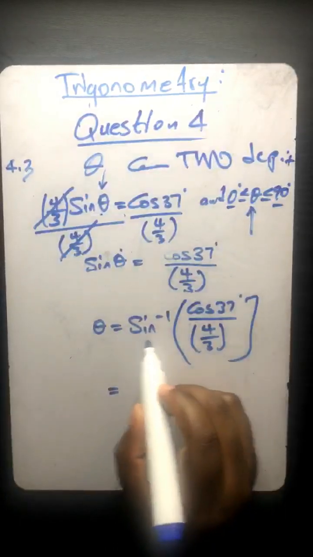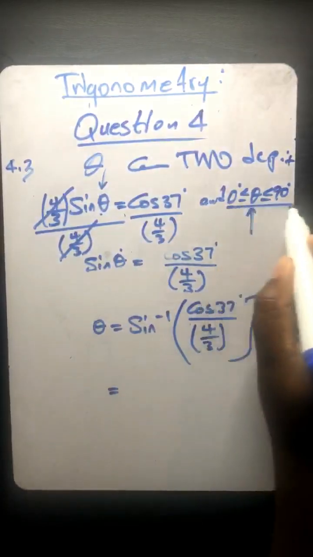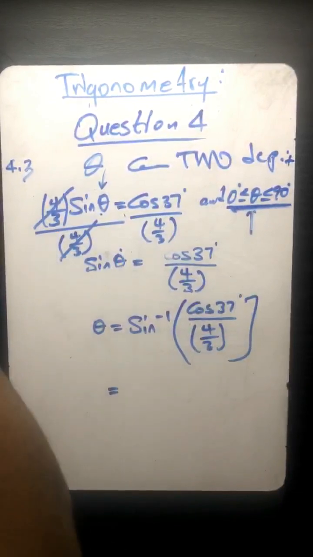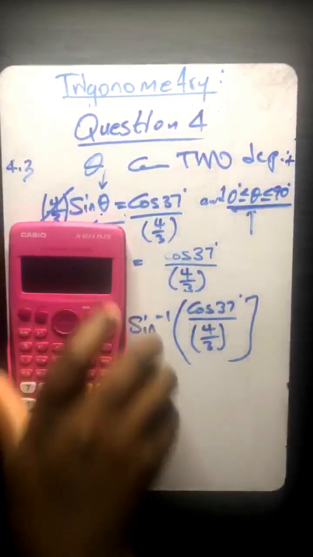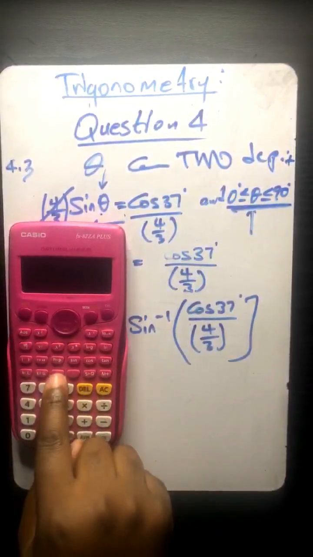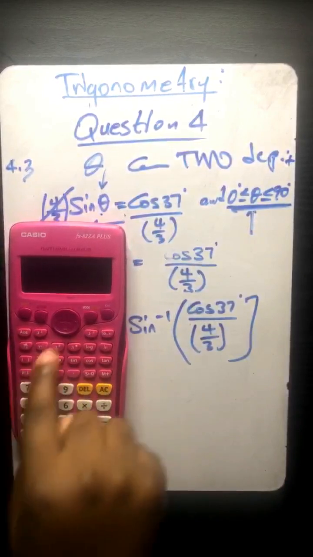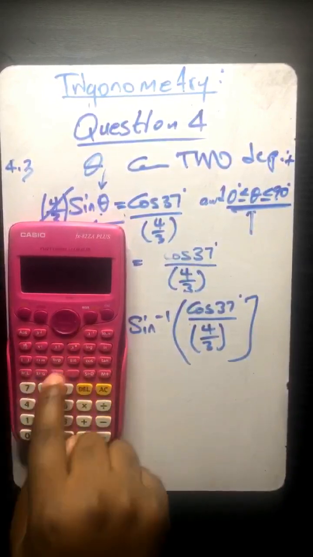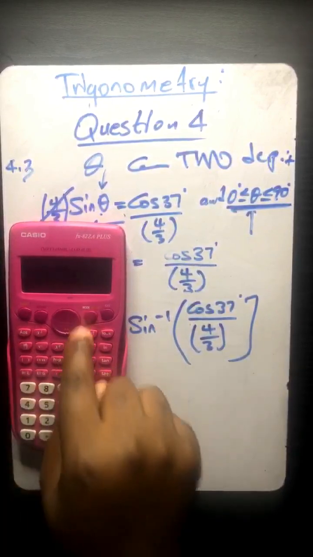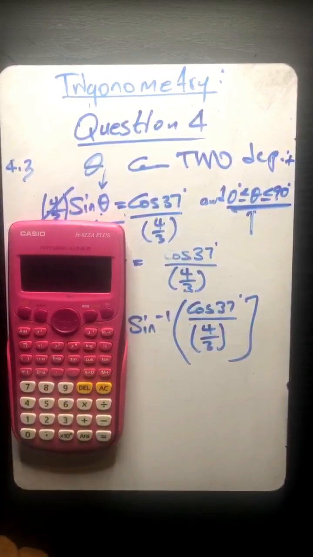So you just punch all of this. I'm telling you, you might find an answer which is between 0 and 90. Let's see. What are you guys getting that side? So shift, sine, a fraction button, cos 37, close at the bottom, open, it's actually 4 over 3, and then you go to the side, then you close. Hey, I'm getting